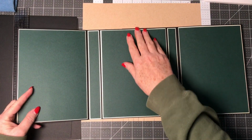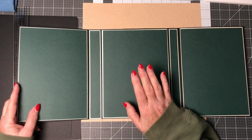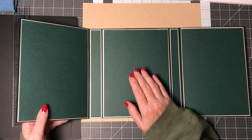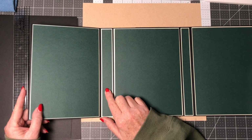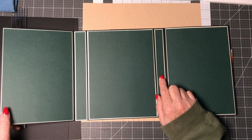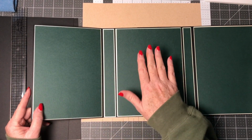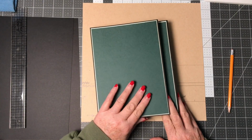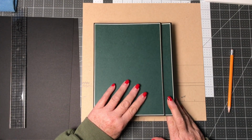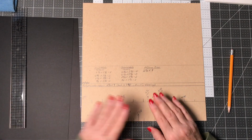And then the back of this, I actually made it just a little bit bigger. It's a 6.75 or 6 3/4. And I have the spine on this side is 1 1/4, and this is 1 inch, because I wanted to have more depth over here because of this front cover going over this front cover. So I'm going to show you how to line that up. I'm going to show you how to score your